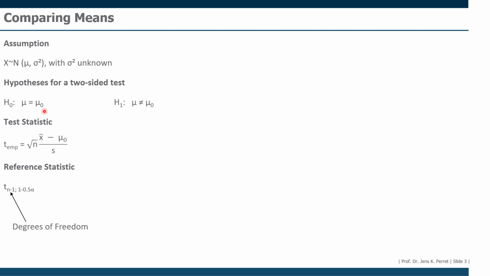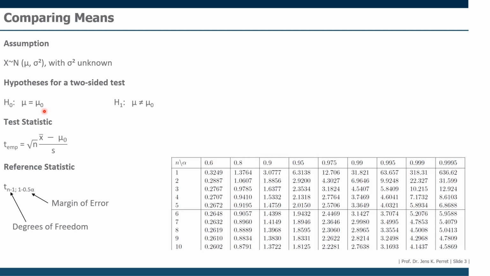As I said, the first part is the degrees of freedom. The second part depends on the margin of error. We're going to look this value up again in the table for the t-distribution. In the table for the t-distribution, we have as a column value what we get for the margin of error, so the 0.95, 0.99 or something, and the degrees of freedom are situated in the rows. So first off, find the correct column, then find the correct row, and there you find the respective value for